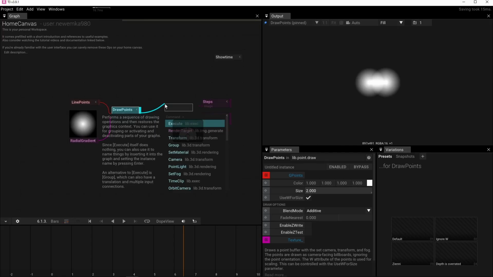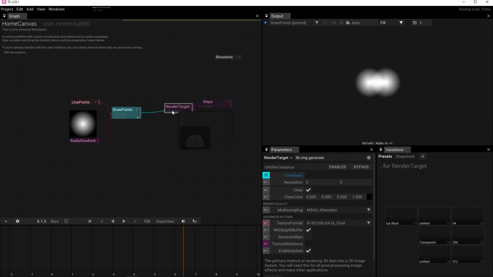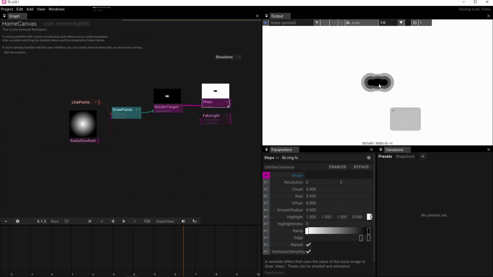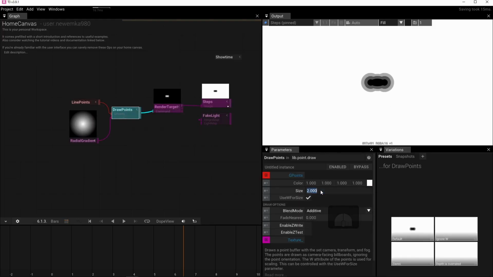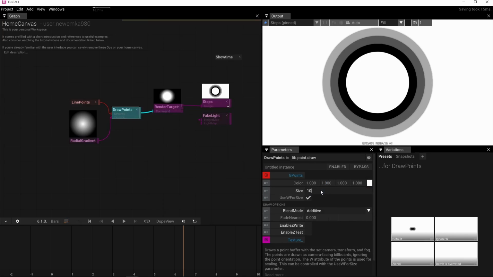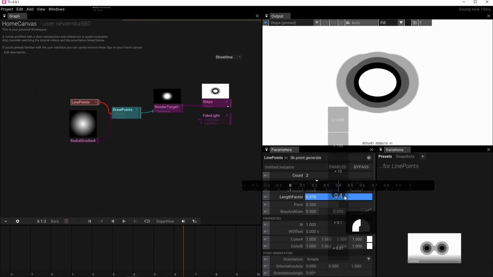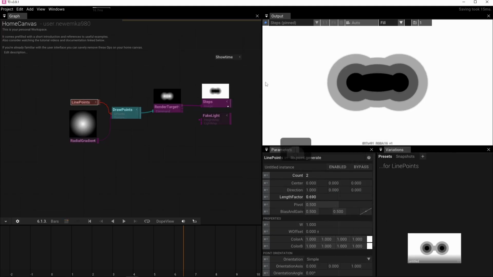Okay, I will use a render target. Let's pin the render target, we get this. And let's use this render target in steps. Let's pin steps, and now we get this. So let me increase the size of my dots. Maybe not 10, let's try 6. 6 is fine. Let's increase the size of the line. And you see,